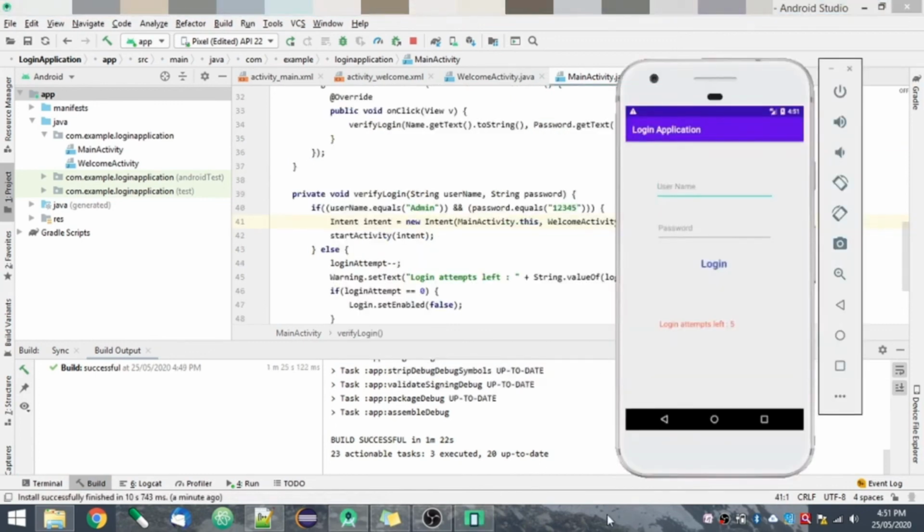Now once you run the application and your build is successful and it installs your application on your virtual device, this is how you are going to see the UI on the virtual device. So you will have a username, you have a password, you have a login button, and it is showing the login attempts that are left. So initially it is 5 as we have set it. So now if I enter in the username,